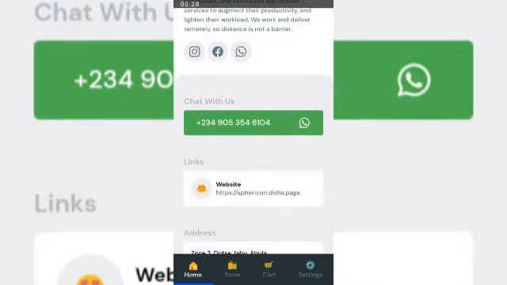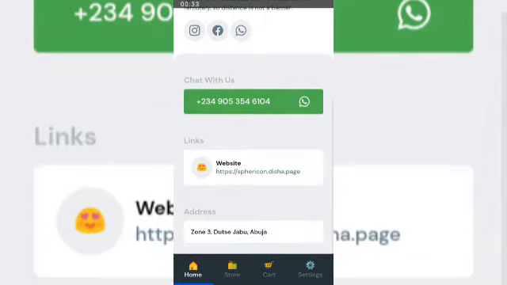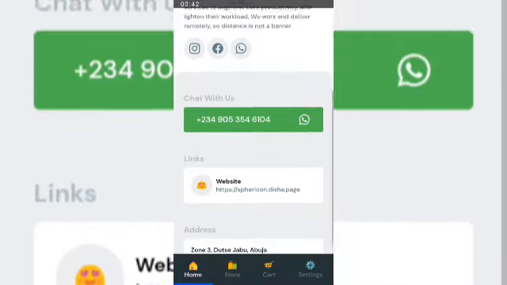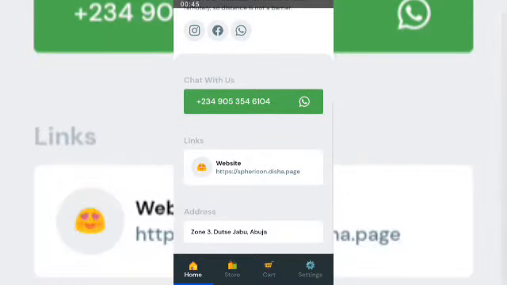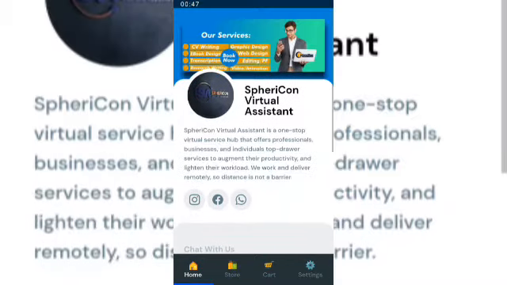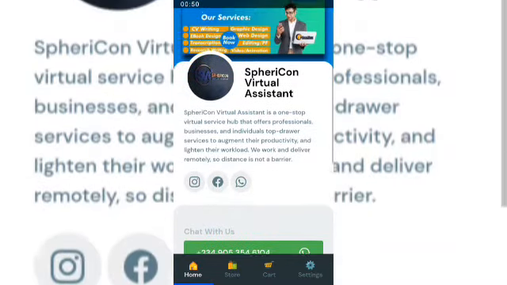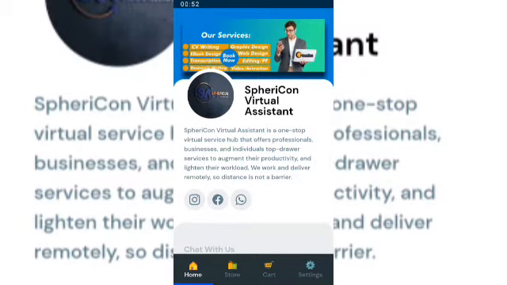They can also chat with you here with your WhatsApp. You can put your WhatsApp number here. They click and chat with you directly. If you have a functional website, you put the address here. It is optional. If you don't have a website, your store will still be up and running. Your address too, just to put credibility to your store, you can add your address, and even your social media pages, you can add them here.